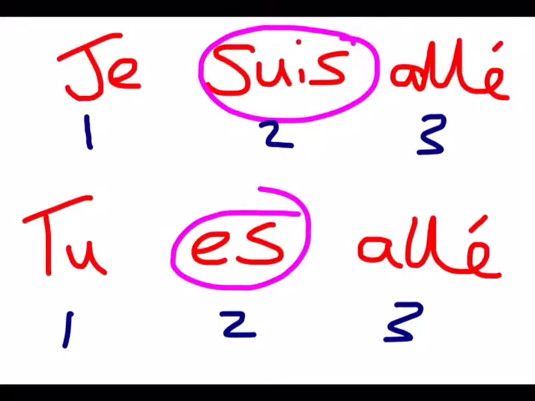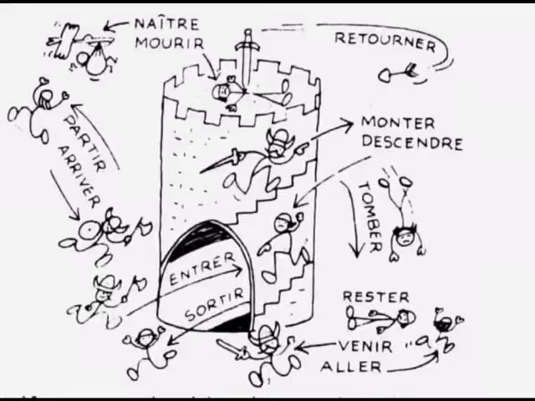Here are a couple of examples. Je suis allé. This translates as I went or I have been. Allé, the past participle, comes from the verb aller, to go. You can still see the 1, 2, 3 system really clearly. The 1 showing the subject, the 2 showing the auxiliary, which is now forming with the verb être rather than avoir, and the 3rd still has the past participle. Tu es allé would translate as you have been or you went.